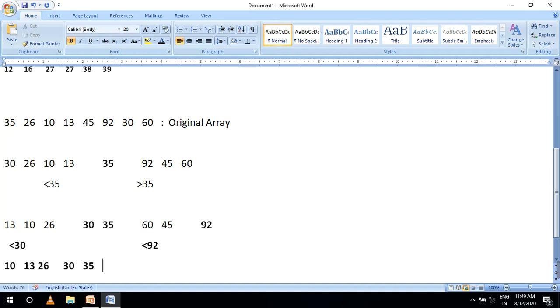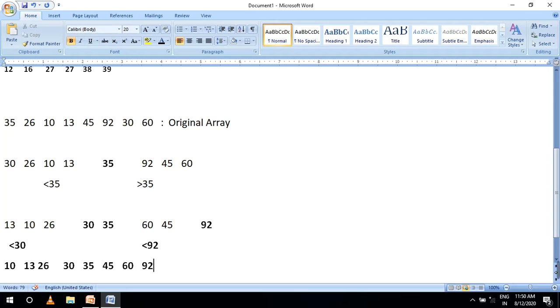Next, 92 is already sorted, then if you change the pivot for less than 60, you have first 45, next 60, next you declare 92.